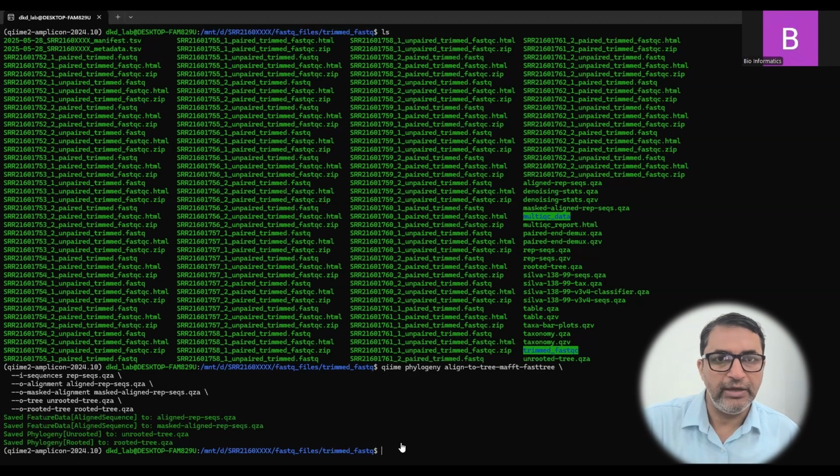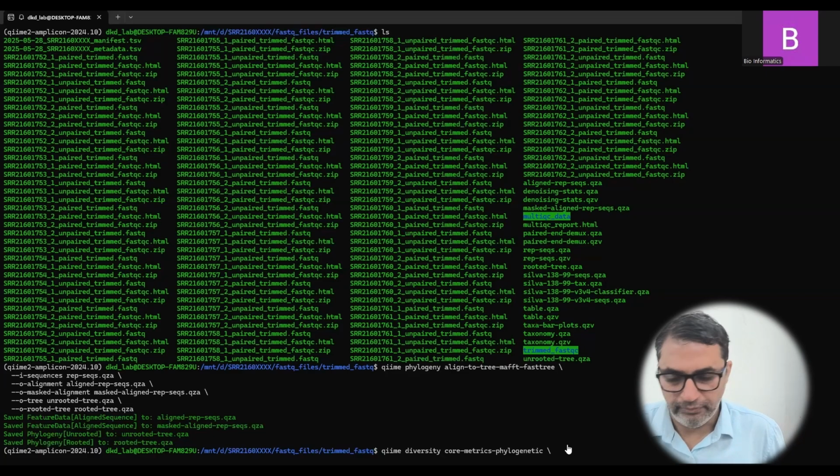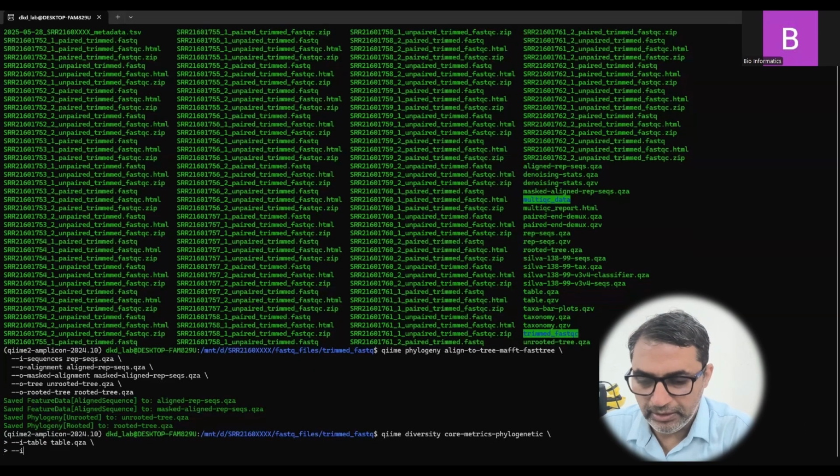You can get the alpha diversity matrix individually as well as collectively. So I am going to provide you a single command by which you can get all the quantitative measures related to alpha diversity in a single framework. For this, first type the command qiime diversity core-metrics-phylogenetic backslash enter. The next line type --i-table, input your table, that is table.qza, which is the correct name of your file. The next line type --i-phylogeny and then type rooted-